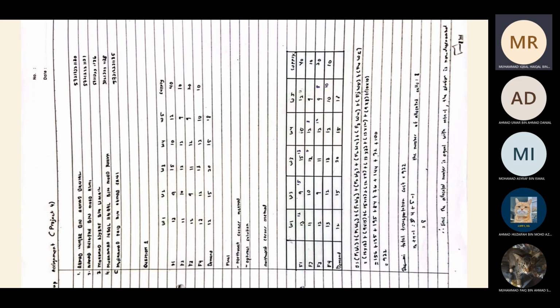Then we put it into the formula, which is m plus n minus 1, which is 4 plus 5 minus 1, equal to 8. So the total number of allocated cells is 8. Therefore, since the allocated number is equal to m plus n minus 1, the solution is